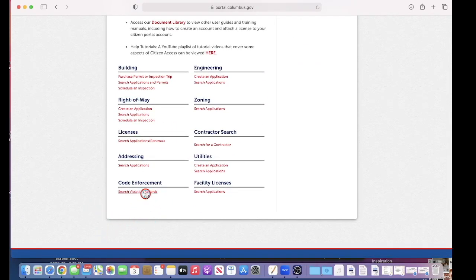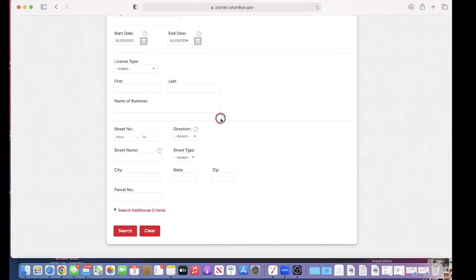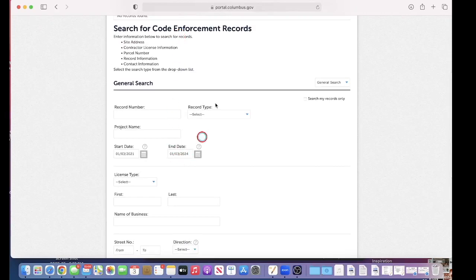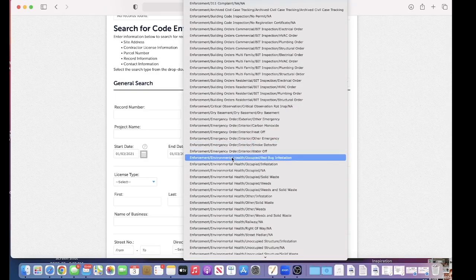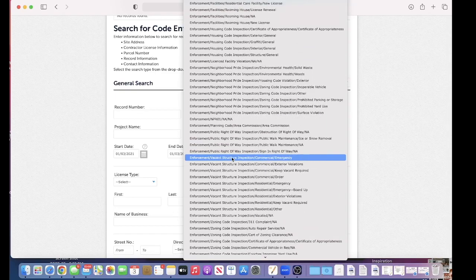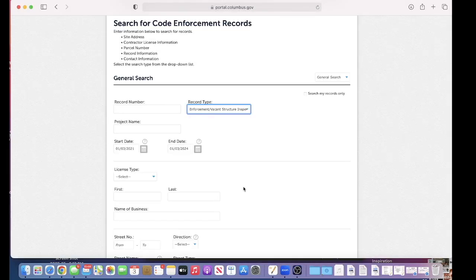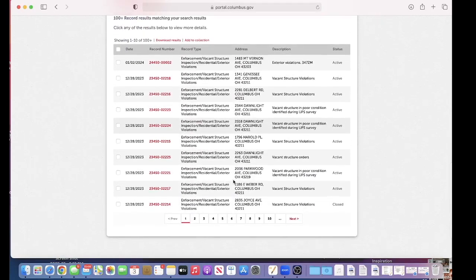So first we'll go to code enforcement, search violation records. If you know the property address, you can get very specific with it, but I'm just going to do a general search. I'm going to leave the search dates pretty open, and then I'm going to go over here to record type. So let's go down here, just going to find a random category. Let's do enforcement, vacant structure inspection, residential exterior violations. Okay, and then we're going to click search. Okay, so here are the different